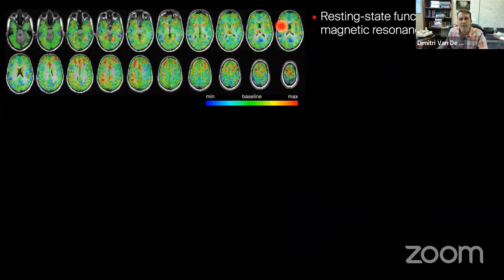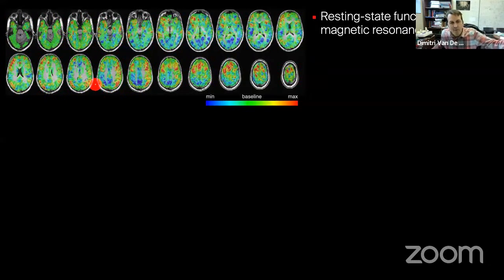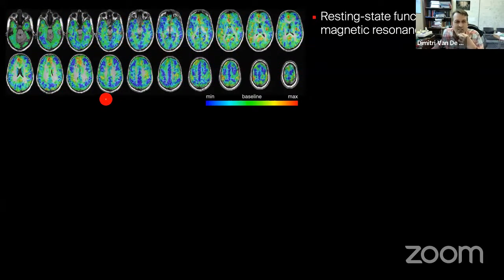Let me show you here in a little visualization how this data typically looks. What you see here at the top left is a visualization with some minimal pre-processing of so-called resting state fMRI. The coloring is made such that whatever is more red is higher with respect to baseline, and blue means below baseline. And the video is a little bit accelerated, so in reality, these changes of the BOLD signal